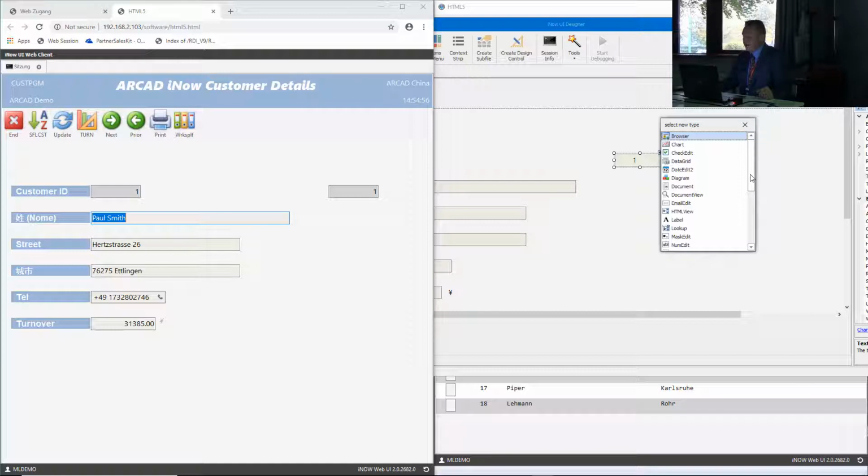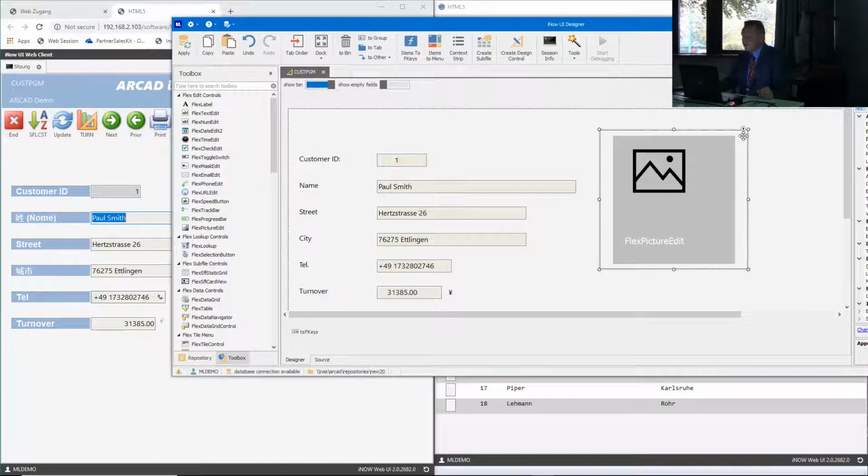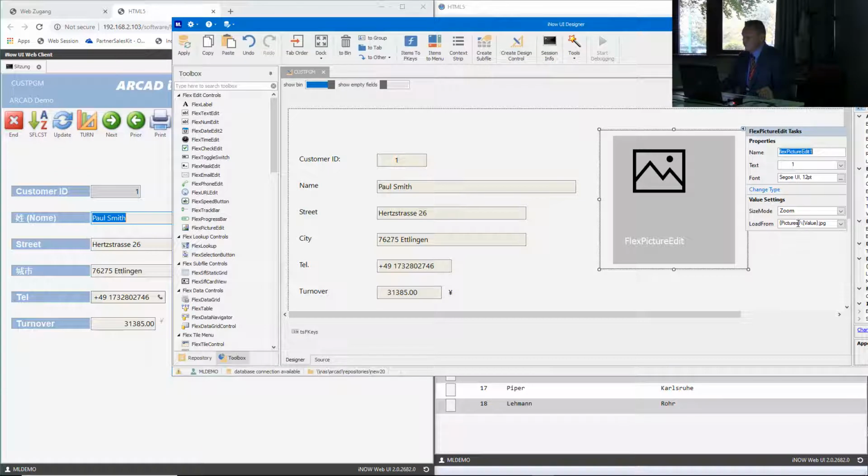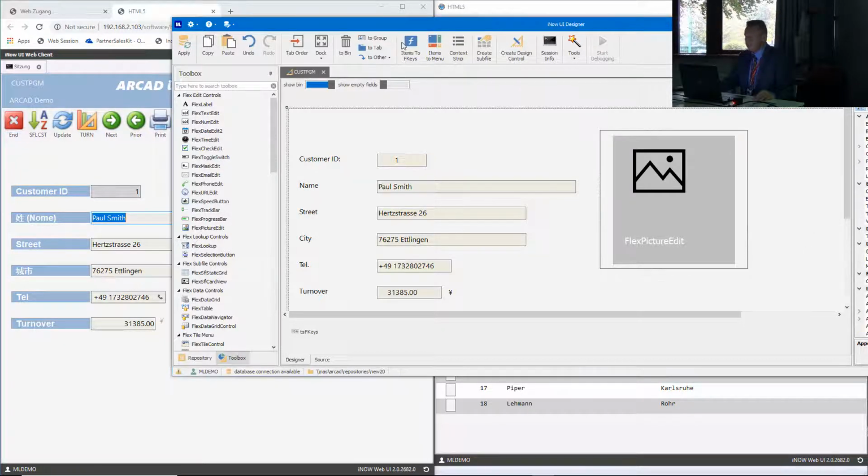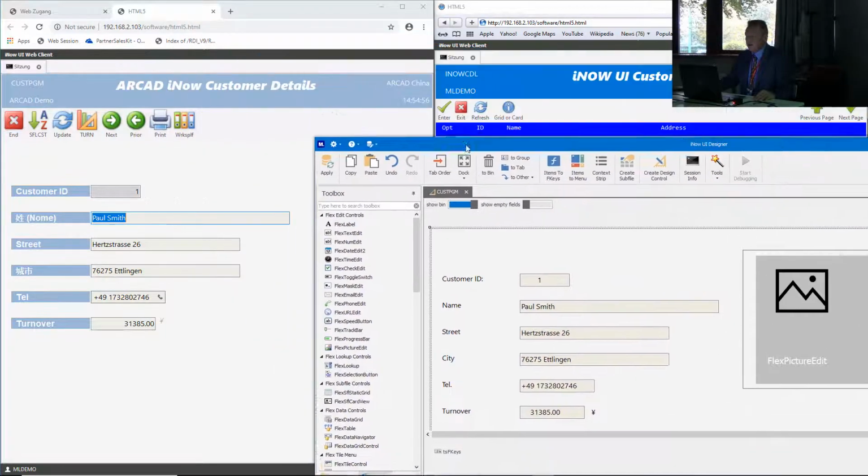That's why the class name is flex control. And in that case, we like to have a picture edit. And the picture edit does have a loader. There is a global variable called picture. There is the directory, integrated file server, or cloud, or whatever, shared folder, wherever. And value in that case is 1.jpg. So there is somewhere a repository with pictures, 1.jpeg, 2.jpeg, things like this. So that's all. So we apply and ask our